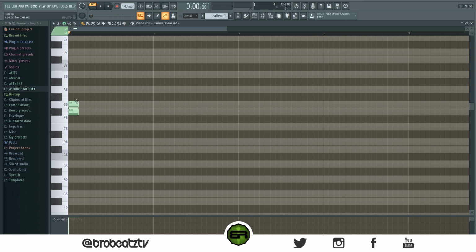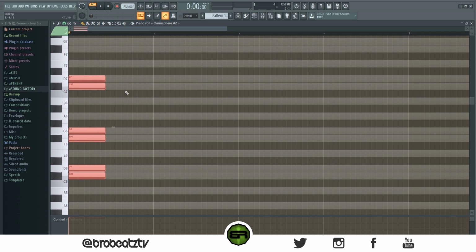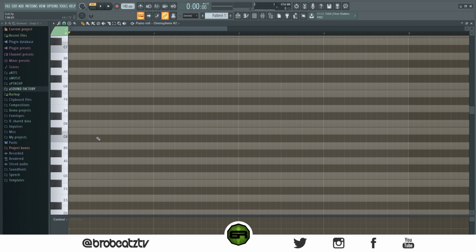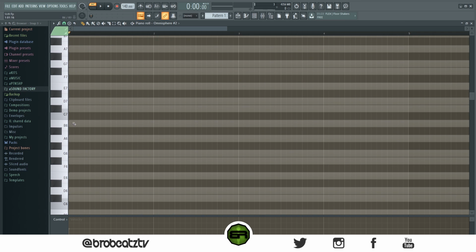So when you go outside of these 2 notes, you got these 2. These notes will make your melody sound super dark. But when you go outside of it, it's gonna start sounding like one of those melodic beats. And you don't want that. So we're gonna stay in with these half notes here. And we can just start on